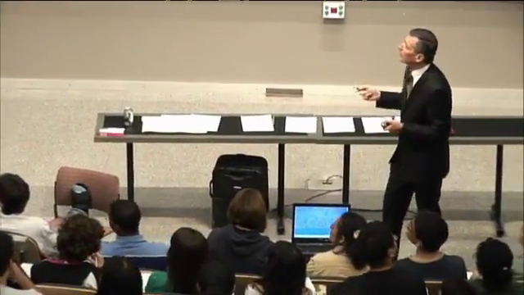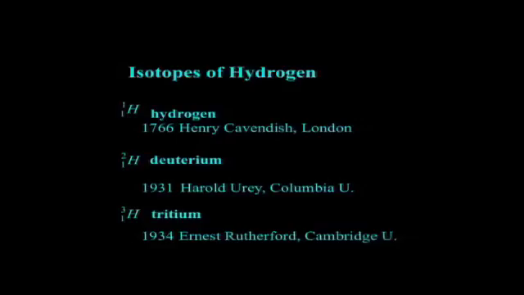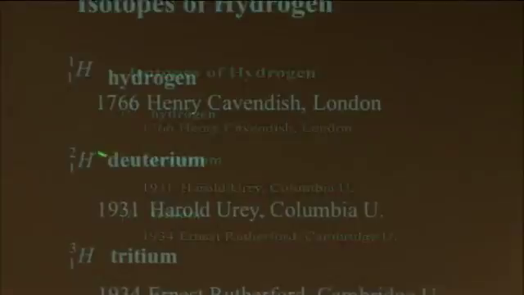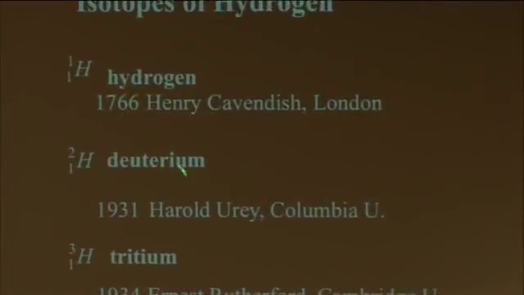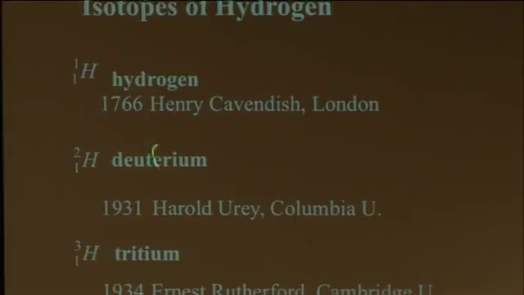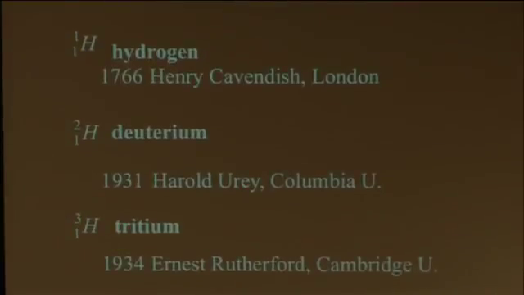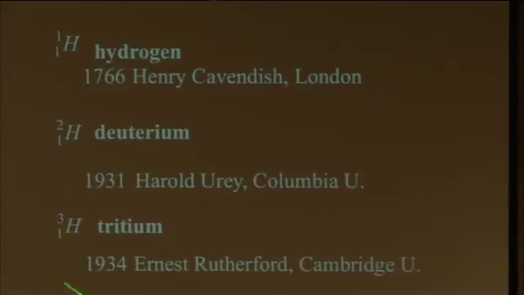Now, last thing, a little bit about hydrogen. We've been studying hydrogen here, the one electron atom, but there are isotopes of hydrogen. The original was discovered by Henry Cavendish. There's one form of hydrogen that has a neutron in addition to the proton. That's deuterium, from which we can get heavy water, D2O, and this was discovered here in New York at Columbia University by Harold Urey. And then lastly, there's a second isotope of hydrogen that consists of 2 neutrons and a proton. That's tritium, and it was discovered at the Cavendish lab by Ernest Rutherford.